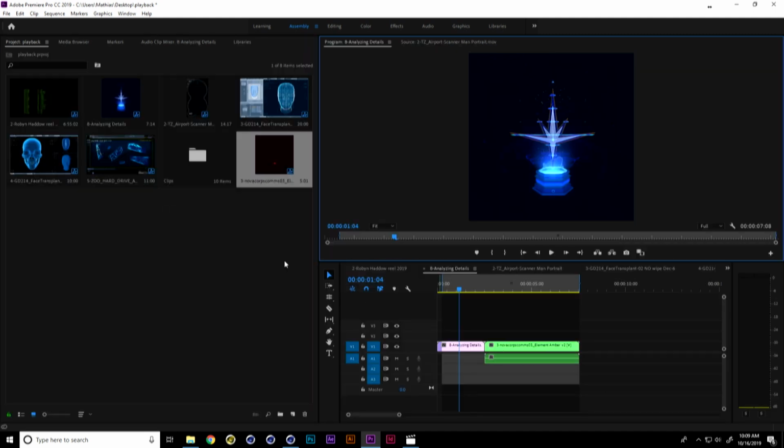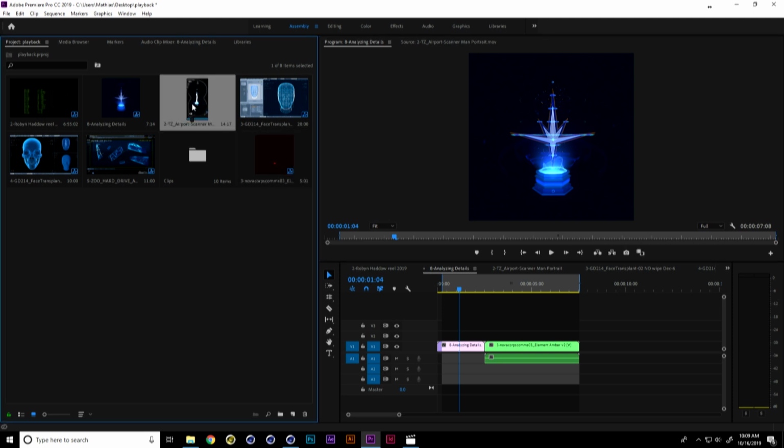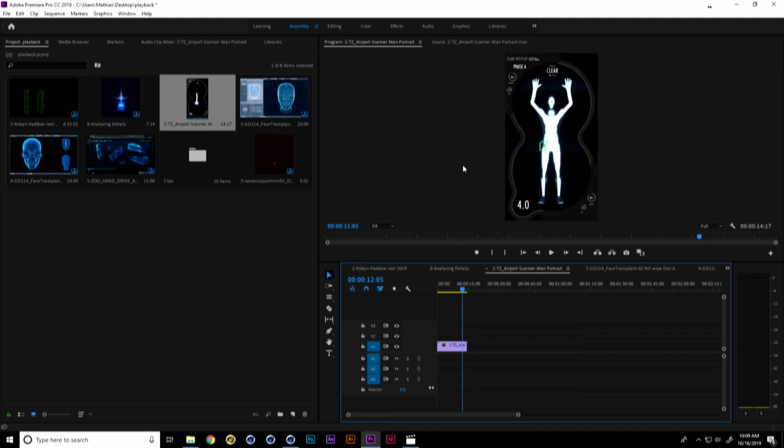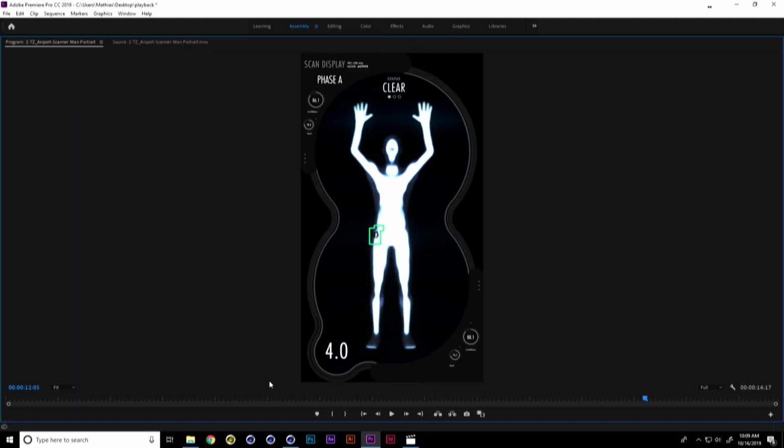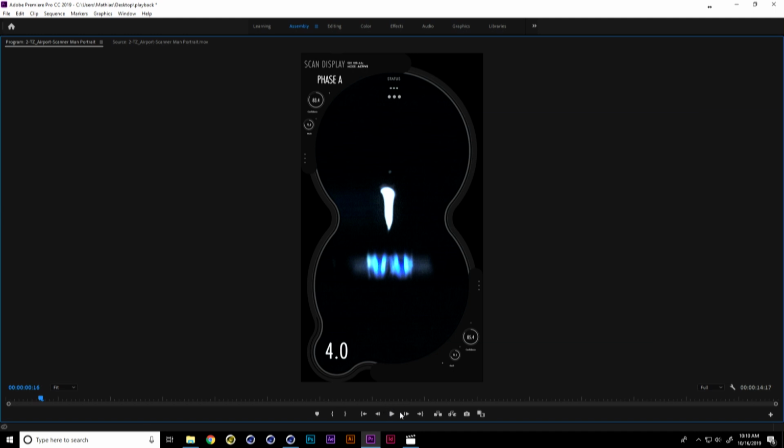So I'm not too sure how much time we have, but I'll keep going until somebody cuts me off. But I thought we could take a look at this scanner that I did for this TV show called Twilight Zone, and it was an airport scanner. We're talking about scans and holograms. So this scan I thought was super cool, and I can't wait to show you the 3D asset that I have here,